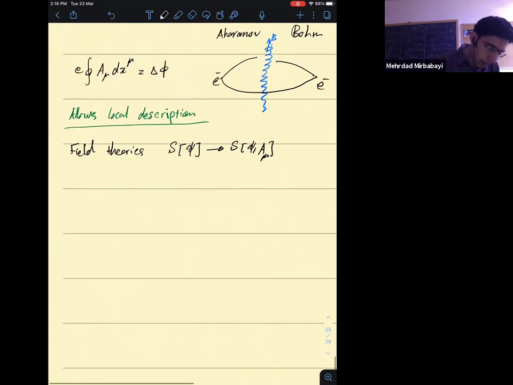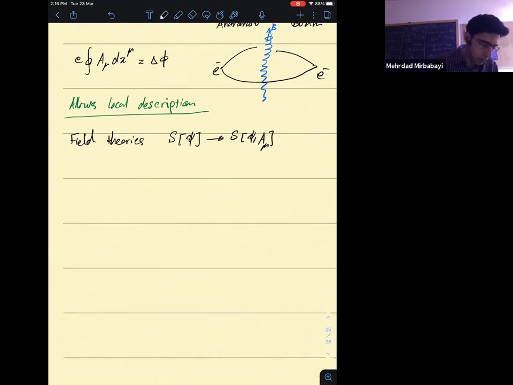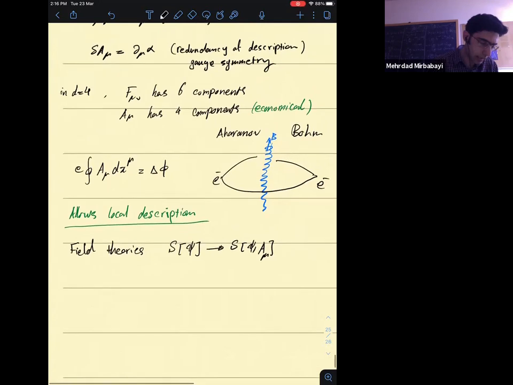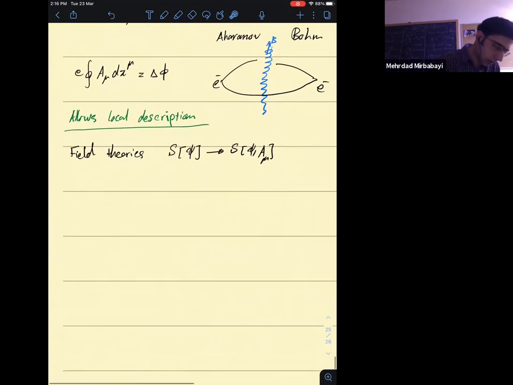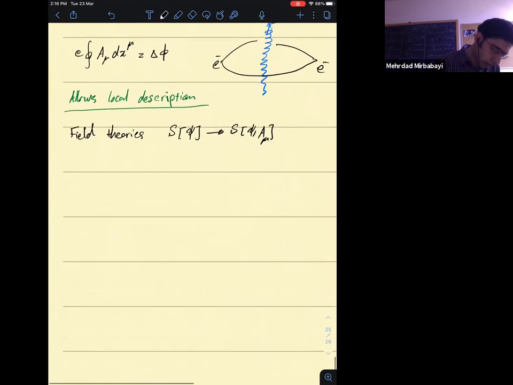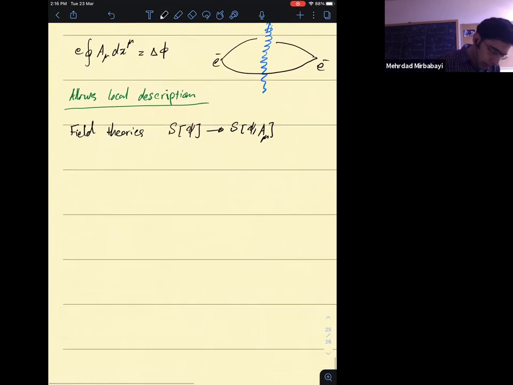And we should write an action in terms of this vector potential which satisfies this principle of gauge invariance or gauge symmetry. So in other words, the prescription would be that we write an action such that if we do a transformation of